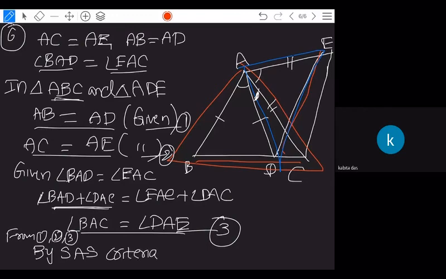Here in all the problems, angles are given to you directly equal, but here directly equal is not given. One part should be added, an extra part should be added. That part I am adding here, DAC, I add. So by the SAS criteria, what triangle is to be taken into consideration here? BAC.